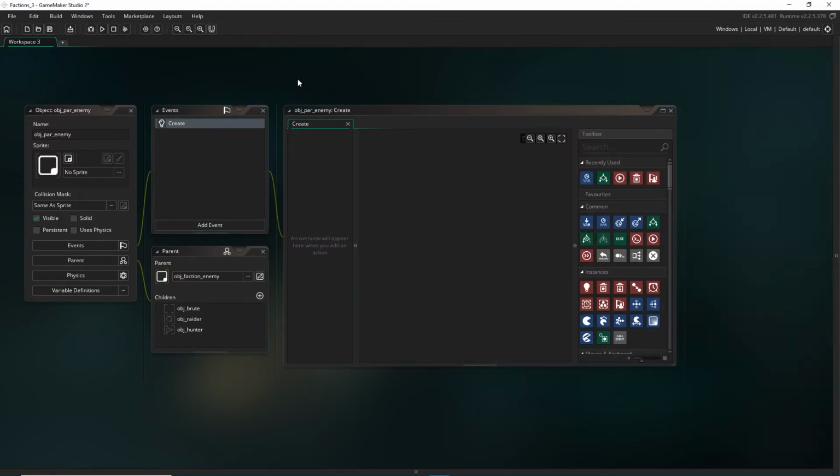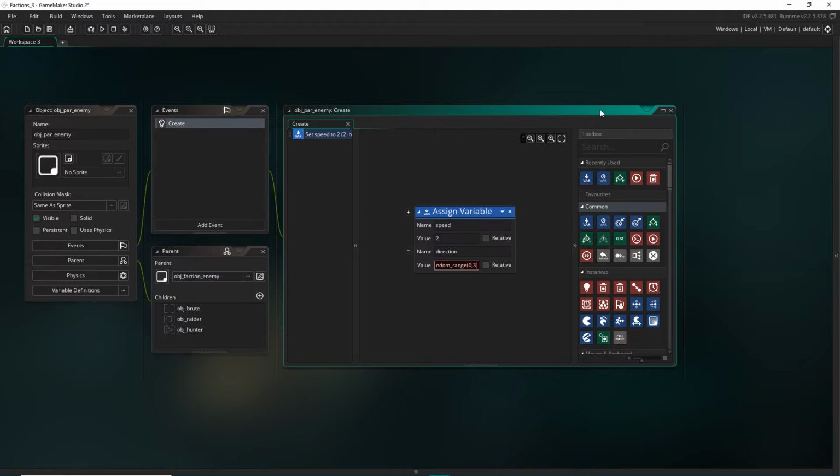Alright, so we know that all of the enemies are going to pick a random direction and be moving through the room in that direction. So let's declare some variables. I'm going to first set the speed, and I'll just set a base speed for these. So I'll just set 2. We might make some of them faster, but this will do us for now. We'll set a direction for them to go in. So let's go direction. And we'll set this to be anything in 360 degrees. So we'll go random range